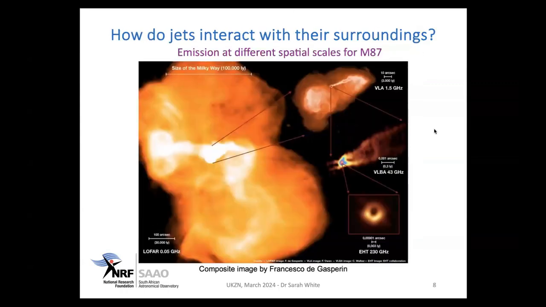So why do we care about active galactic nuclei? Well, ultimately, we want to understand how do galaxies evolve over cosmic time? How does the black hole accretion influence star formation in the